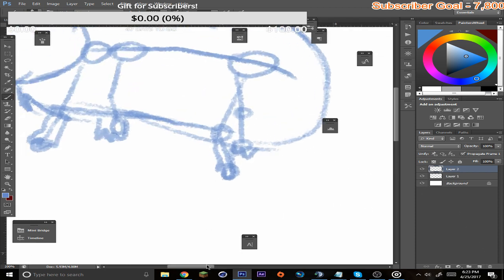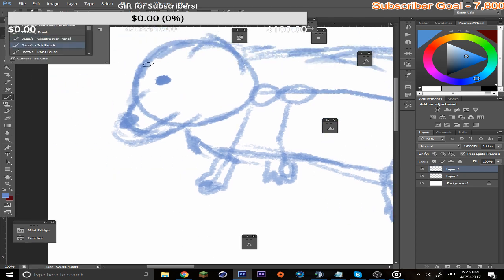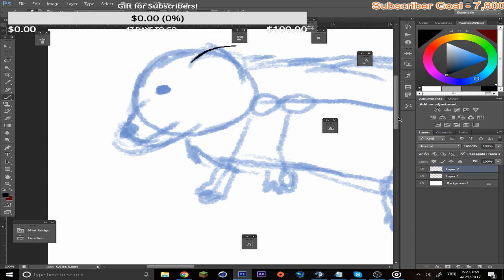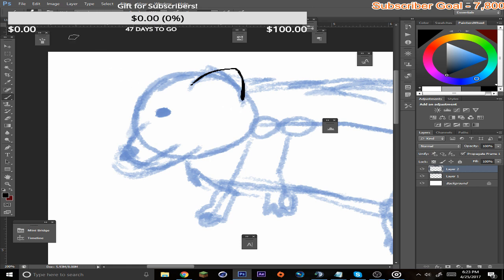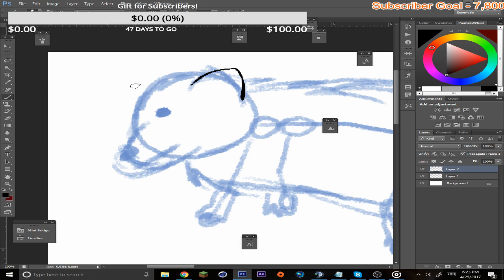And what I'm wondering is how exactly we're going to make this work. So yeah, we have our hedgehog, and it's got a beautiful ear, by the way. This is the hedgehog ear. So it has a nice ear, and also on the other side it does as well, but we're not there yet. So we're doing little spikes.